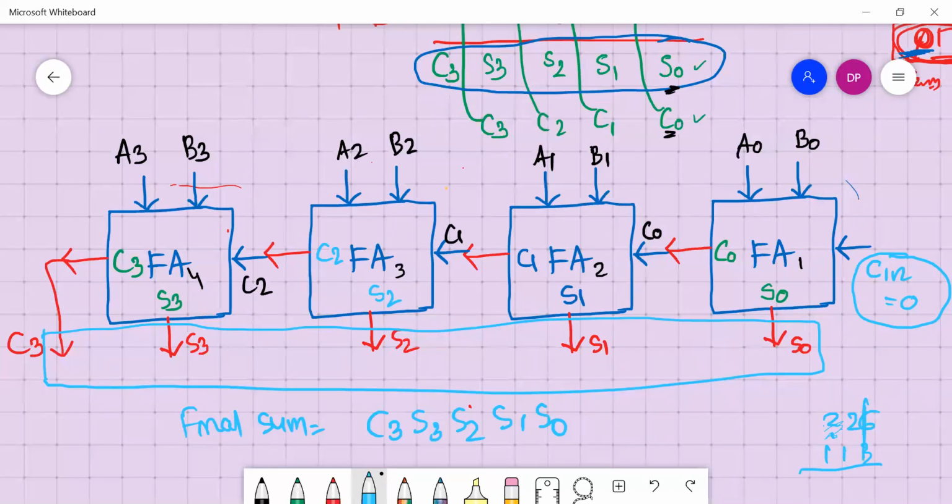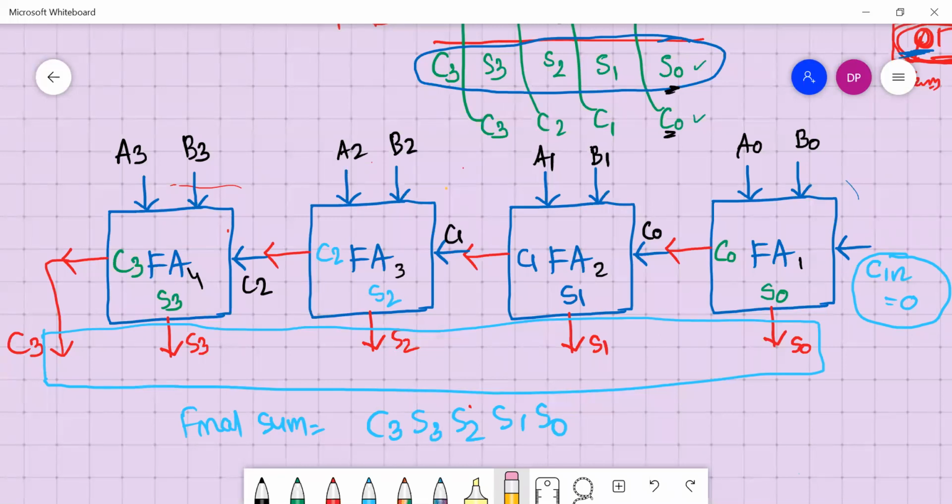When you add these two, we don't have any carry. If this is 6 and 4, here there is a carry. So we have taken the previous carry into account and calculated the required sums. This is a 4-bit parallel adder.